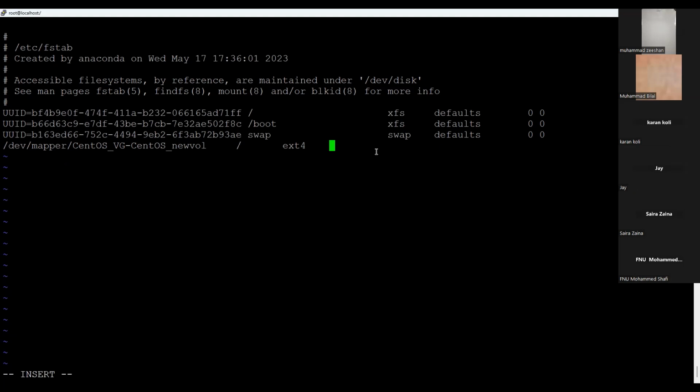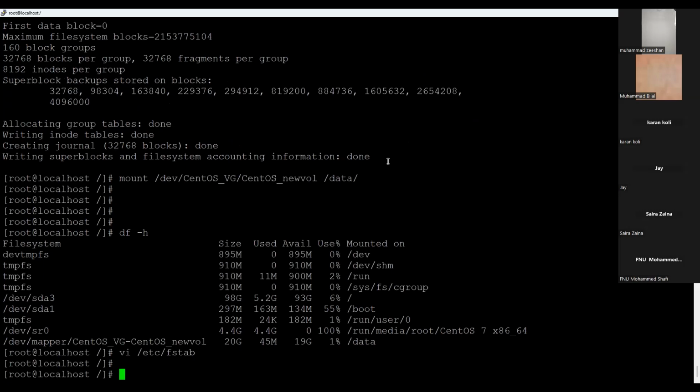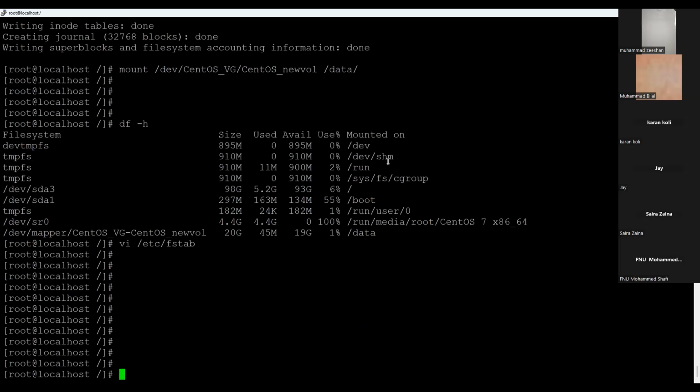Anyways, where were we? Defaults and 0 and 0. So now we have mounted a logical file system, and now we have a volume group available. This is for when we don't have a volume group available initially, so we have to create the volume group and everything. But let's assume that we have a hard disk available and